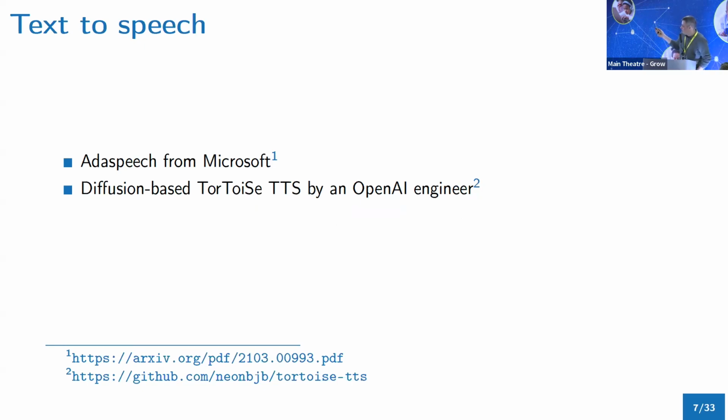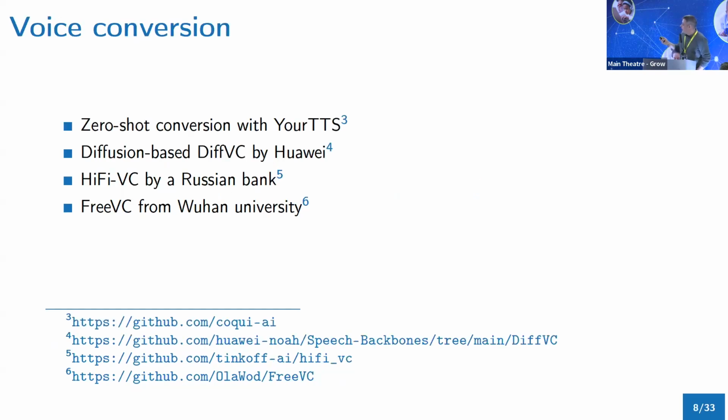So I'll show you a couple of examples. And then there is voice conversion, where you convert the voice of one real person to the voice of another real person. So you change the tonality of the voice of that real person, so that person will start to sound like someone else. So that's another type of technology, but it's also fake generation.